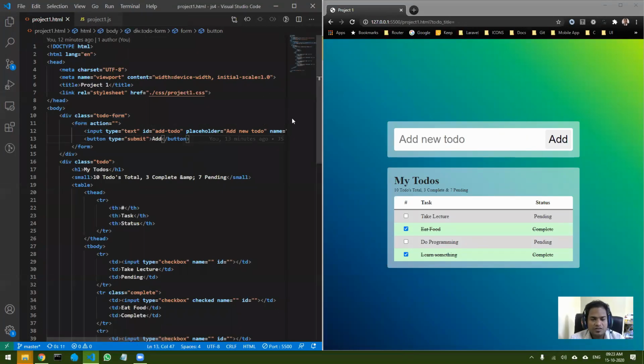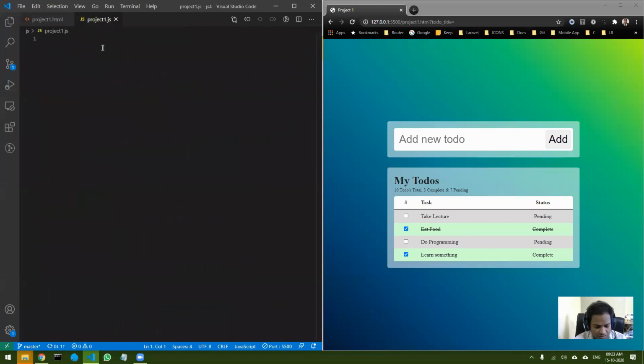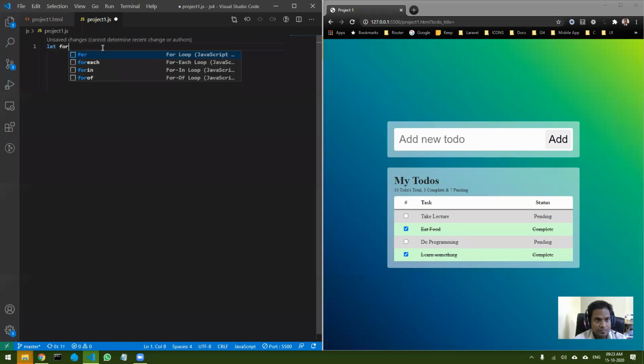First of all, let's select this particular element. One thing you can do is give an ID to this, or because there is only one form, I can directly select it. But let's suppose we select the form: let form is equal to document.